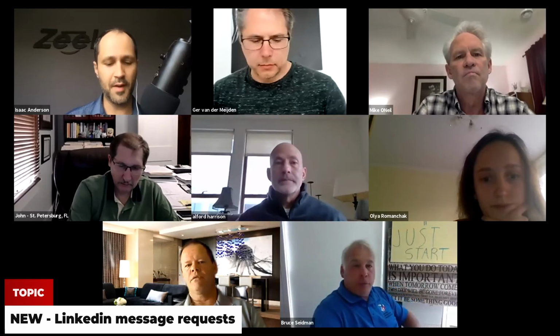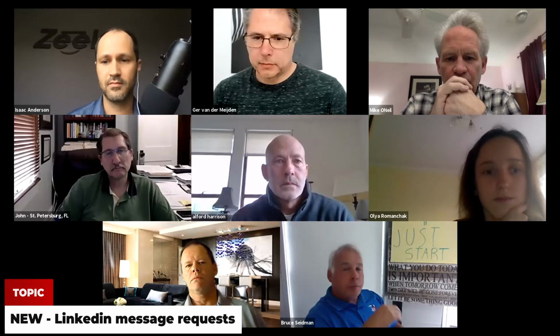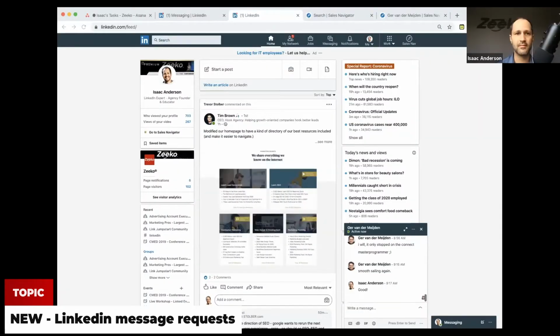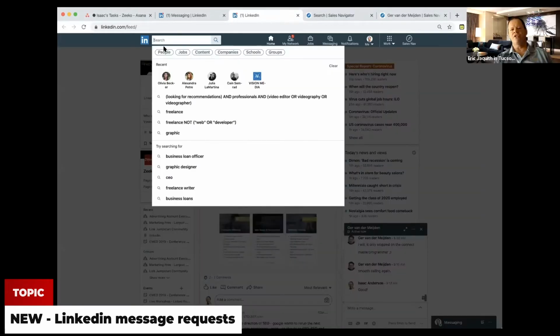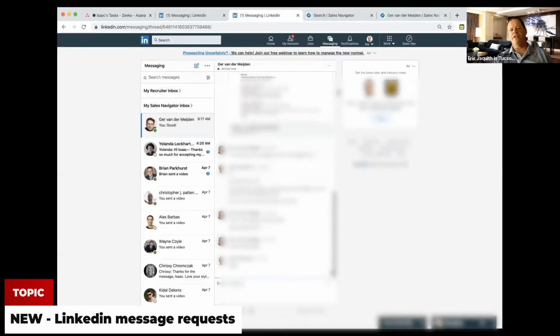I'm going to share my screen real quick. Can you give me one second? All right, you see my screen there. Go to a second-degree search, then go to your normal message box. When you're in your messages, in the upper left-hand corner on the first line, click that, and underneath, see the bottom one, message request inbox.